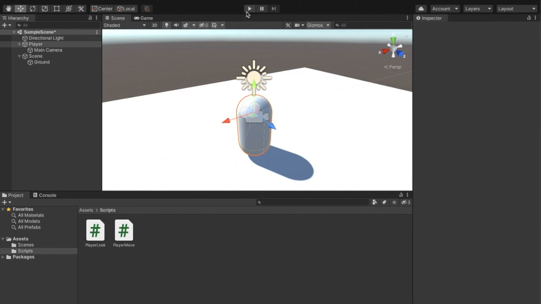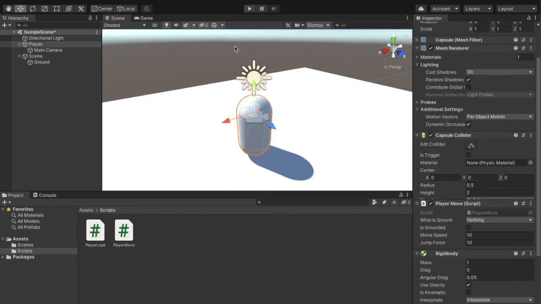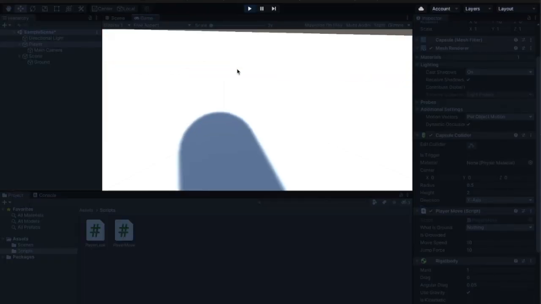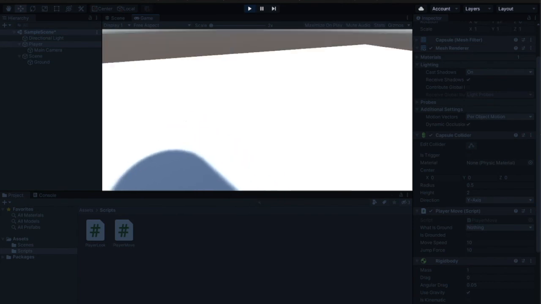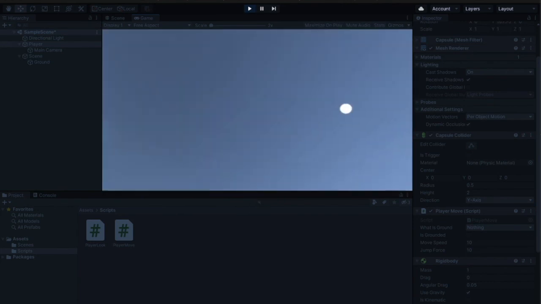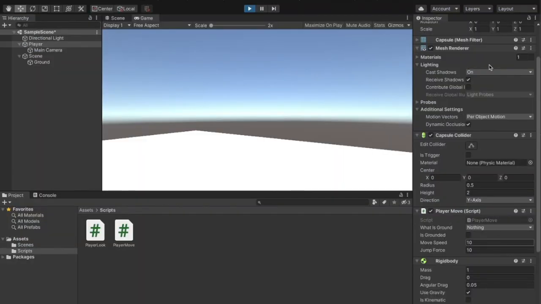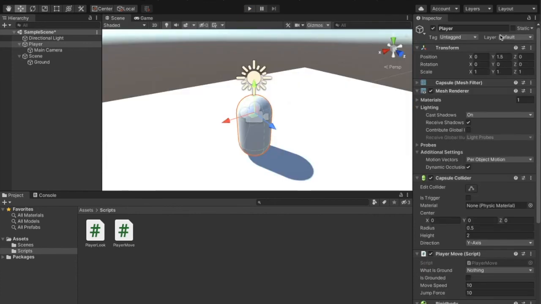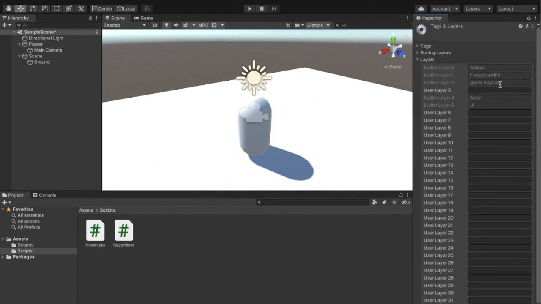Play. Now if I jump, alright, that's because we haven't defined ground. So the first thing you want to do is create a ground layer. So you're going to head over to the layer, you're going to add layer, and you're going to call this, not user layer 3, sorry. You're going to call this